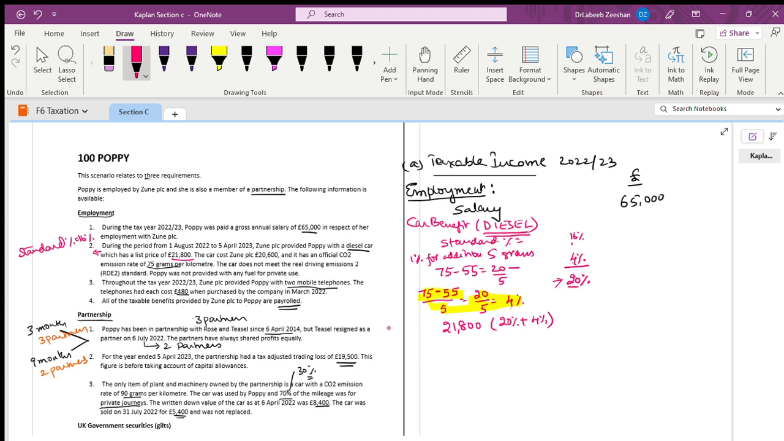In the rules, it has been given 55 grams per kilometer. How much is that? 16%. Yeah, that's the standard one. That is the standard one. Okay. Now,